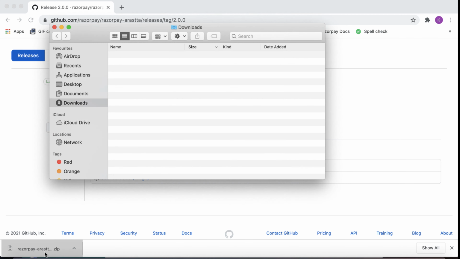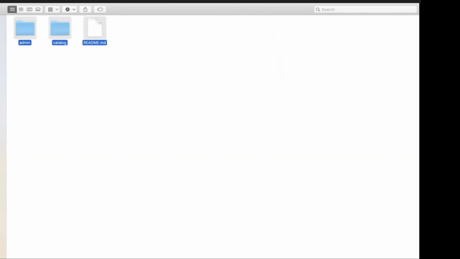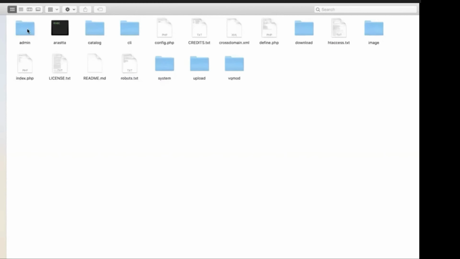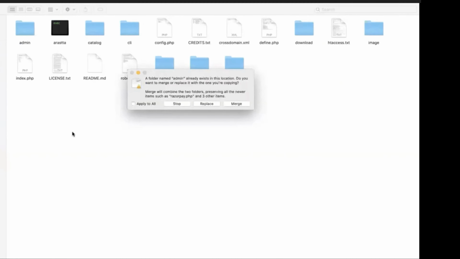Copy files and folders to the Arista. You must copy all the files and folders from the Razorpay plugin zip file and paste it into your Arista folder that you have placed on the server. Click on Merge.